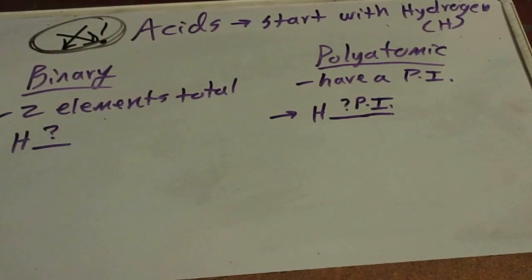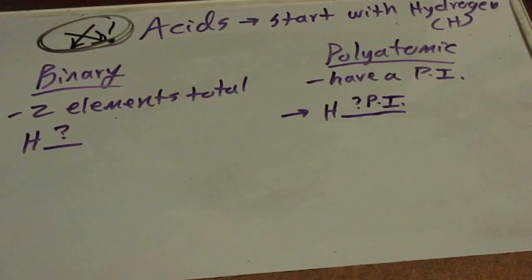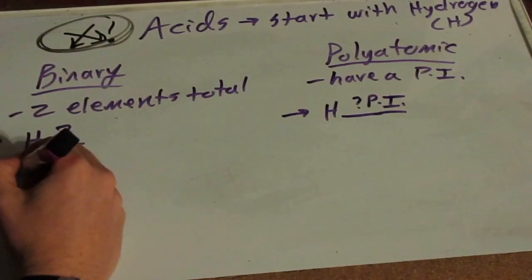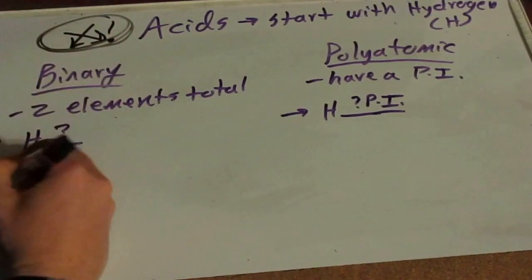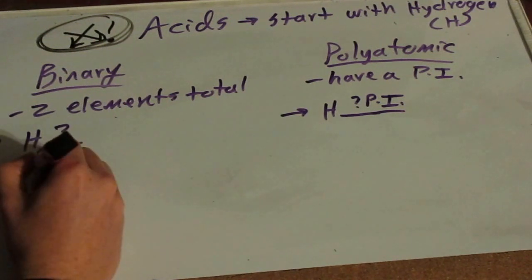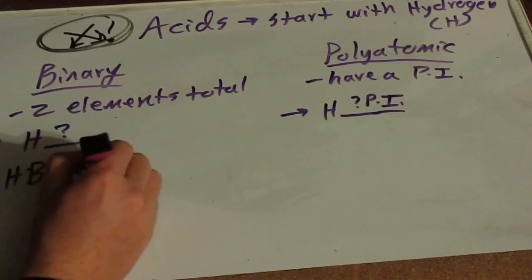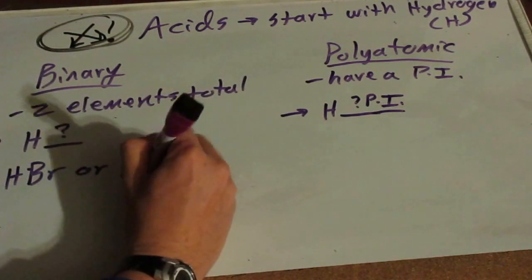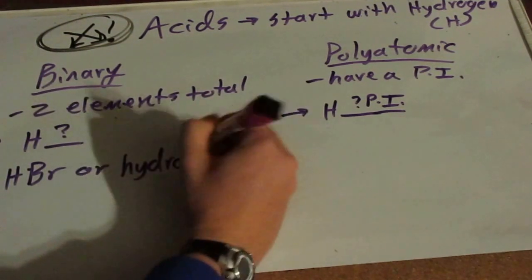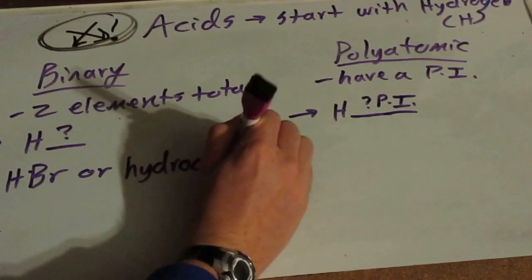Again, covalent things kind of mess around a little bit. Ionics and acids crisscross every single time. If you do that, again, you will be just fine. With the binaries, again, these are going to look pretty nice. It's going to be, for example, something like HBr, or it'll be kind of the familiarity, hydrogen,